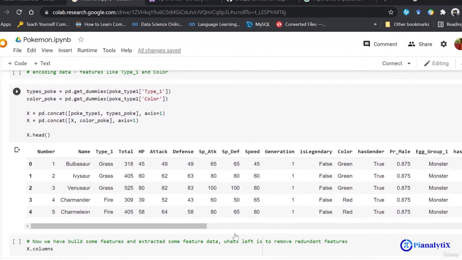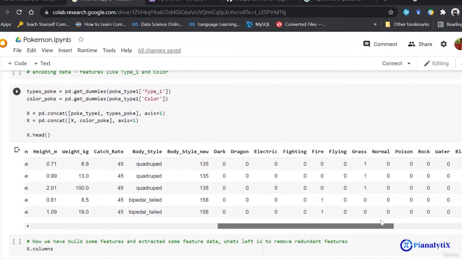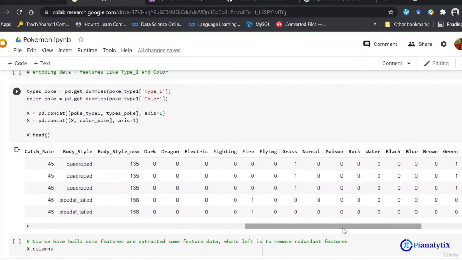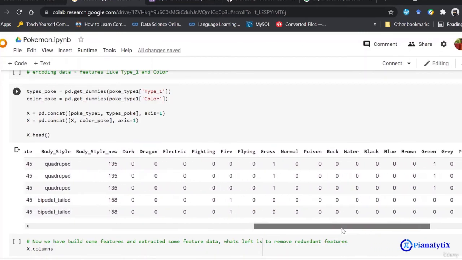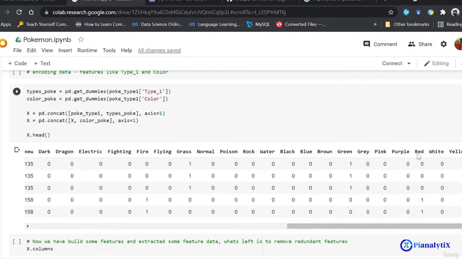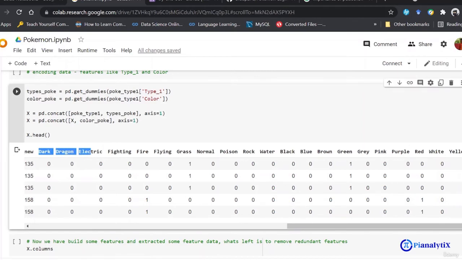So you can see that now a lot of new columns, body style new, dark, dragon, electric, fighting, fire, and a lot more, with colors also, have been present here. Meaning all of this was actually a category in one column which I've extracted, and now you can see that there's a lot of zeros and then suddenly a one has occurred and then a lot of zeros.